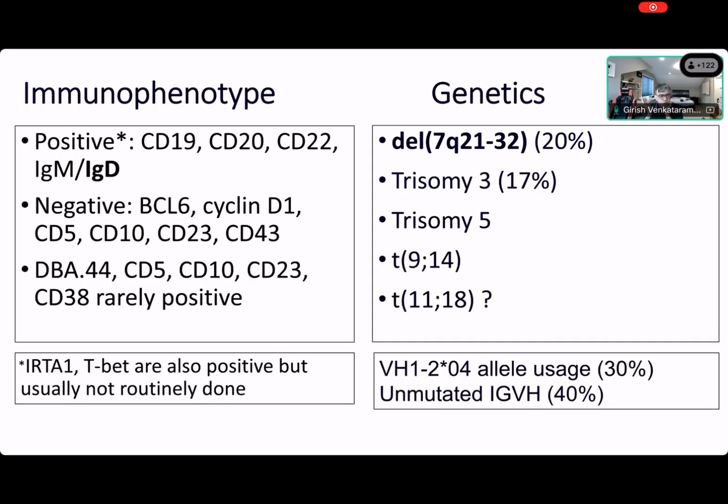I know I'm showing you a slew of stains that comes in the WHO book, but looking at the immunophenotype, the only useful stain here is probably CD20, right? And all the other stains are pretty much useless. CD5 and CD10 and all of these stains, people will diligently do all of these stains to exclude mantle cell lymphoma, follicular lymphoma, but morphology is key. If you have a sinusoidal pattern exclusively in the bone marrow, you're probably dealing with a marginal zone lymphoma. It's very unlikely to be a follicular lymphoma.